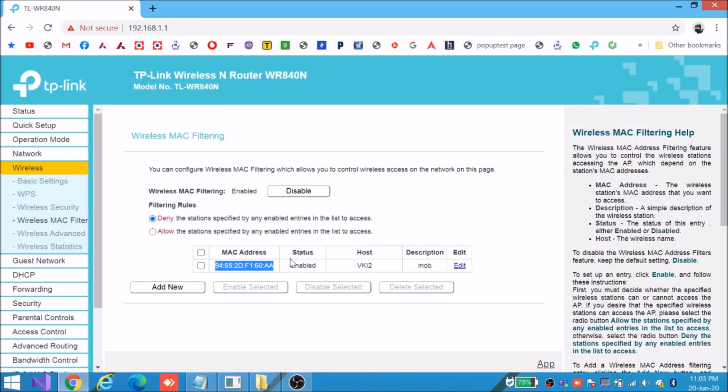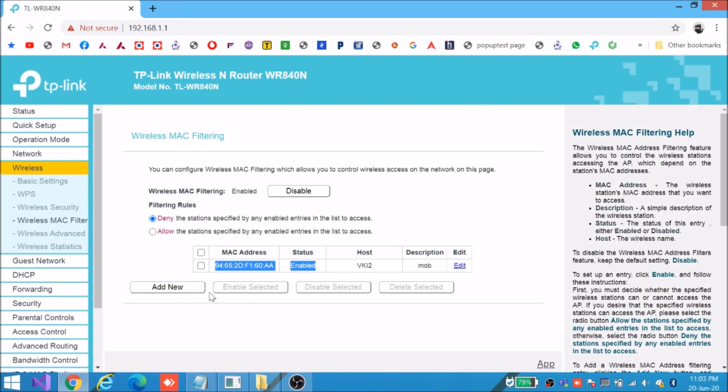And once you reset the Wi-Fi router you need to connect to the Wi-Fi router using the cable, and then you need to do all the setup. So this is very important that you do not deny internet to your own PC using which you are doing all these settings. So this is about denying a MAC address.